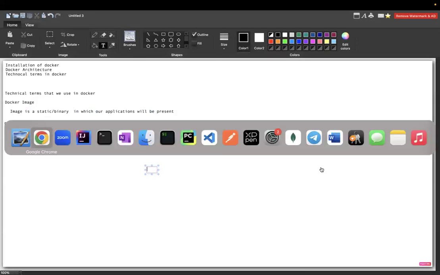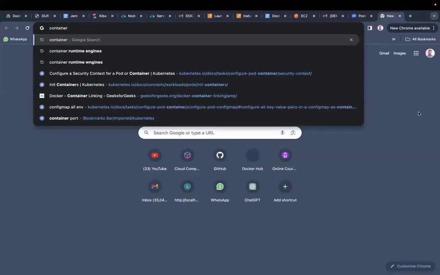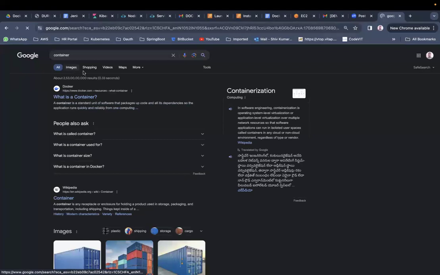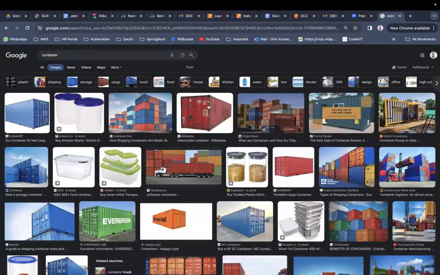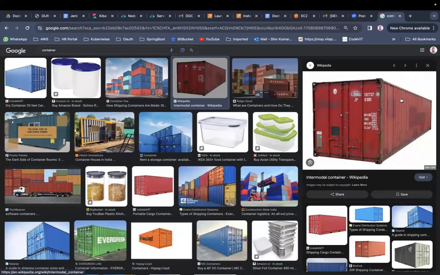Generally, what is a container? If you search for a container and see the images, this is the container in our regular life, right? This is the container in which our goods will be present, and it is used to ship goods from one place to another place. In the same way, in Docker also, container means that in which our application will be in